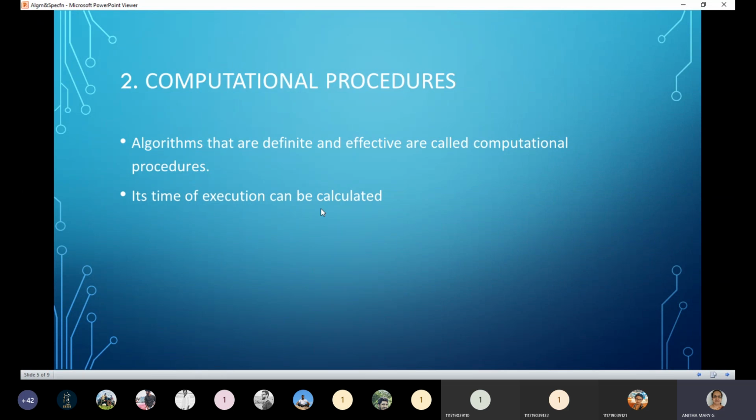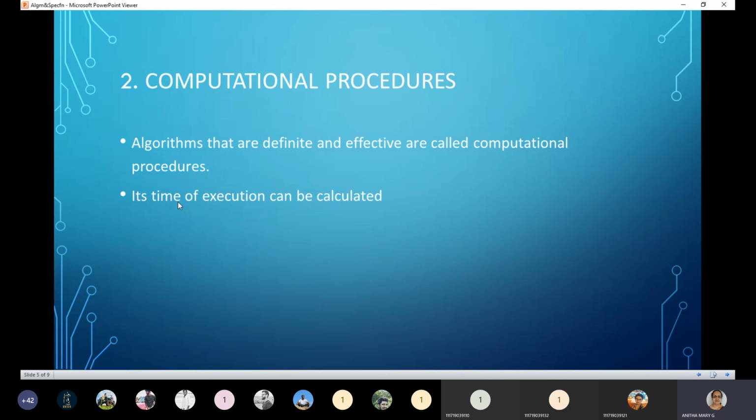Suppose you are writing a loop as for i equal to 1, i less than or equal to 10, i plus plus, and we are writing a print statement. How many times is it going to iterate? 10 times.